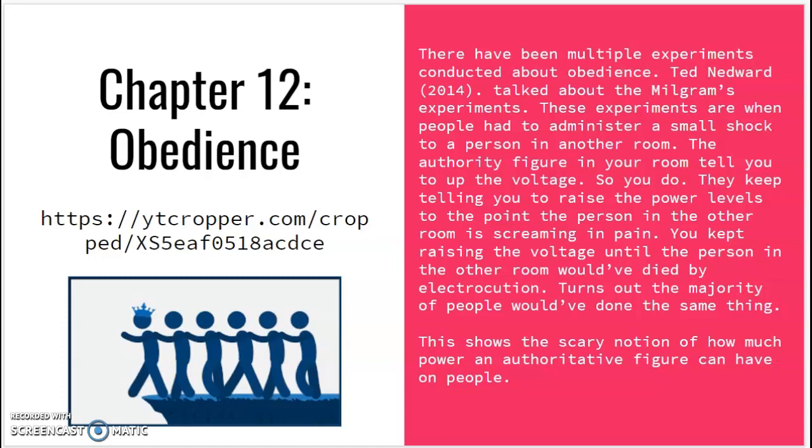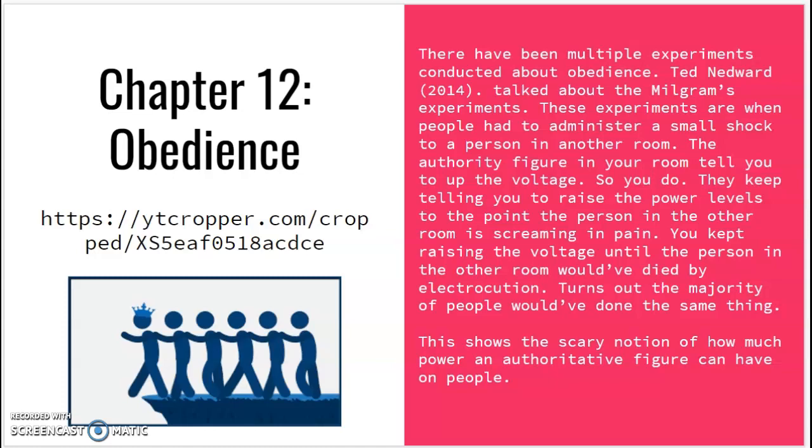Alright, so basically, both Ted Nugent and the book talk about Milgram's experiments, which boil down to this: if an authority figure is pressuring you to do something, you're most likely going to do it. And Milgram took it to the point of having somebody think that they electrocuted someone to death. This one person was being pressured by the authority figure to do it, so they did it. And if it was real life, that person would have been dead.